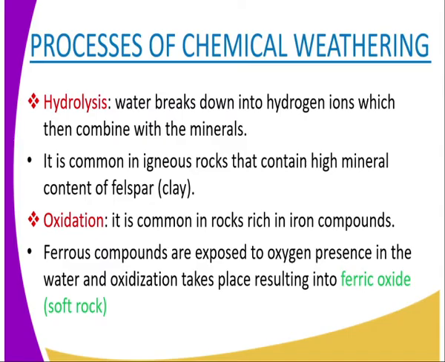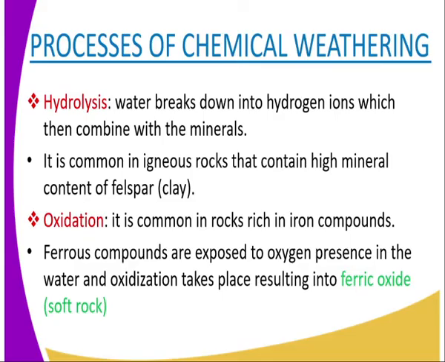Now, when we talk about the processes of chemical weathering, they are 5 in number, and we are going to look at each at a time. We start with the first one, which is hydrolysis. When we talk about hydrolysis, water breaks down into hydrogen ions which then combine with the minerals. When the water comes in contact with the rocks, this water contains two